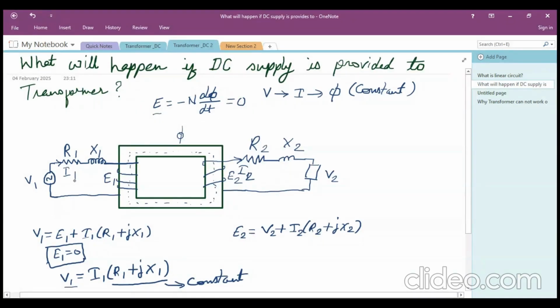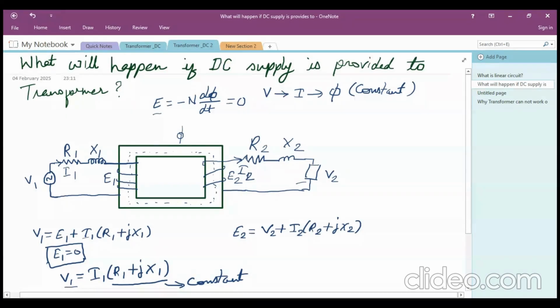Here at the primary side, the equation is V1 is equal to E1 plus I1 R1 plus jX1 by KVL, because the applied voltage is equal to the voltage drop across the winding plus the EMF induced. So if E1 and E2 are 0, we will not be able to get power at the secondary